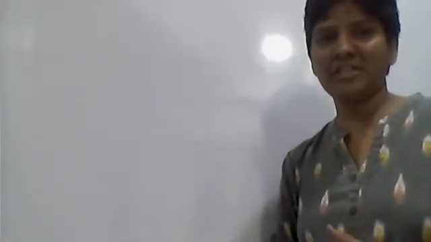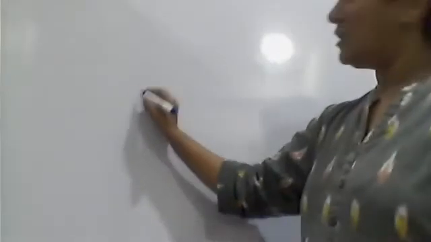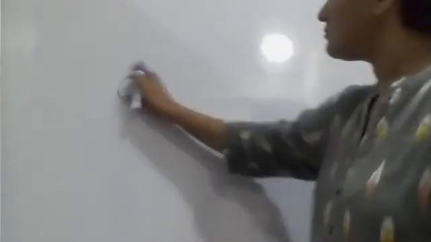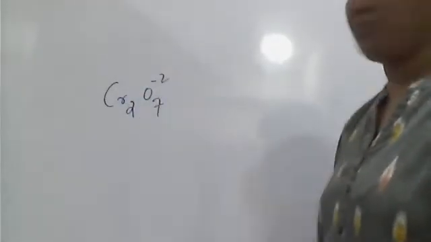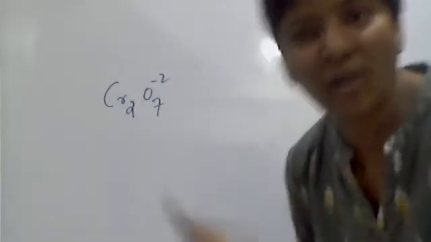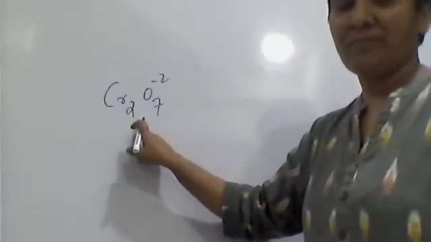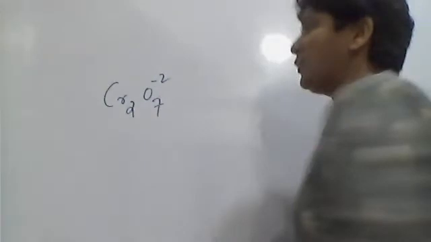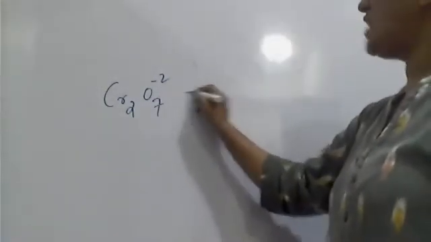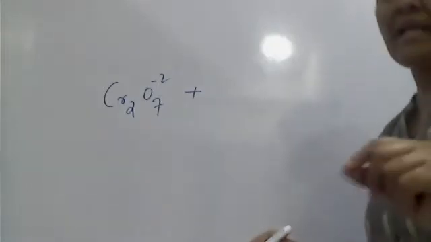Okay, now I'm taking one reaction. See here, a very, very important reaction. Cr2O7 minus 2. I'm already taking this reaction in ionic form. It is the dichromate ion. It's coming from K2Cr2O7, by removal of K2 you get minus 2. It is the dichromate ion, when potassium dichromate reacts with oxalic acid.